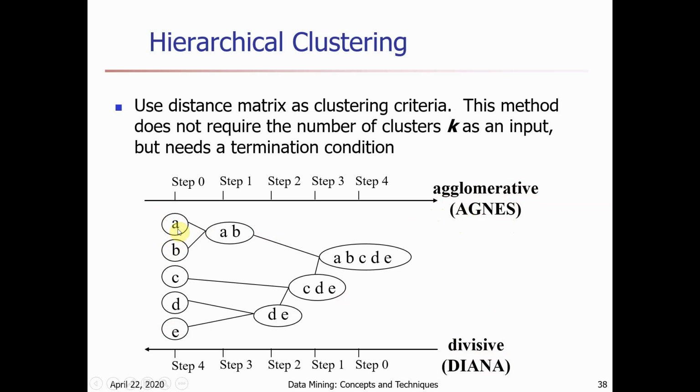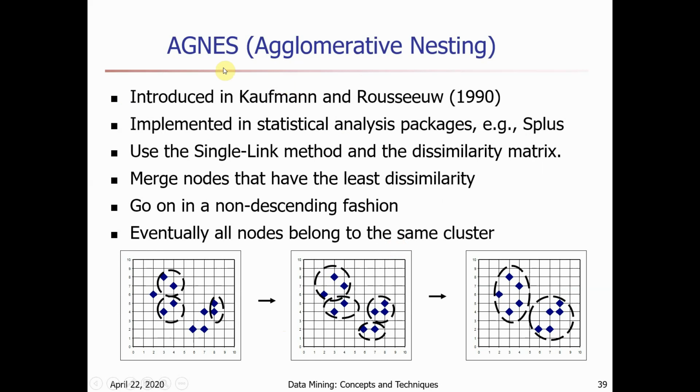So A and B are individual clusters. The individual clusters are merged together and form a microcluster AB. Next, D and E are individual clusters. After merging these two clusters, we get DE as a microcluster. After merging DE and C, once again we get microcluster CDE. After merging these two microclusters we get a macrocluster, that is called the final cluster, right? AGNES means agglomerative nesting. This is a bottom-up approach.